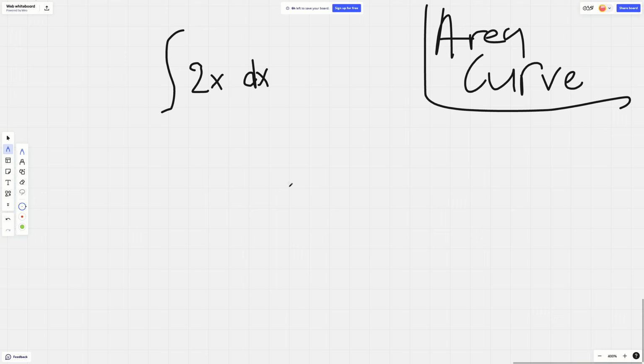Okay, so when we're trying to find the area under a curve of a function, we actually need the interval of where we're trying to find the area under the curve. And for our two parameters, if you will, of this integral function, we have our two interval endpoints. So it's going to be a and b. And what these a and b variables signify is that they're telling us that we want to find the area under the curve in between the interval a and b of our input variable x. So basically, we want to find the area under the curve for when x is between a